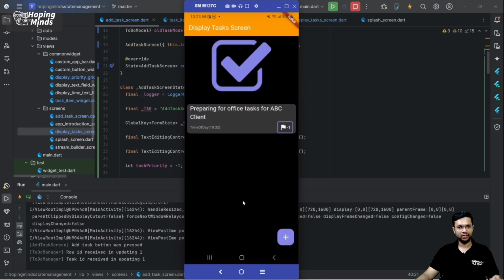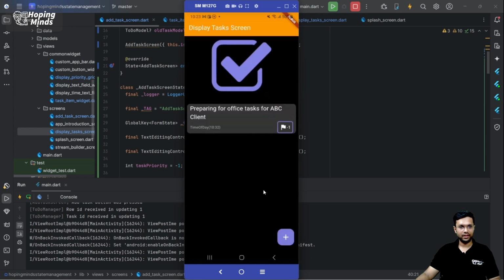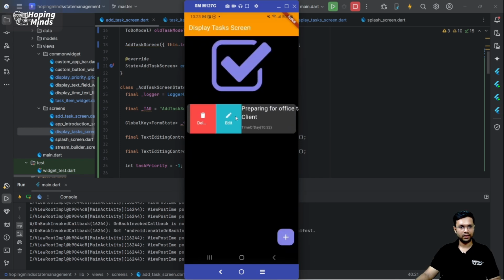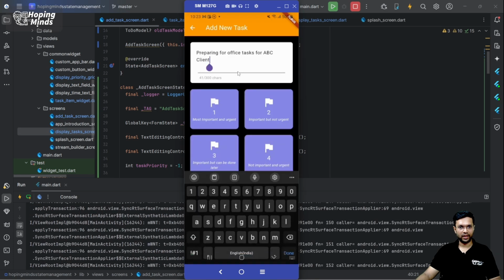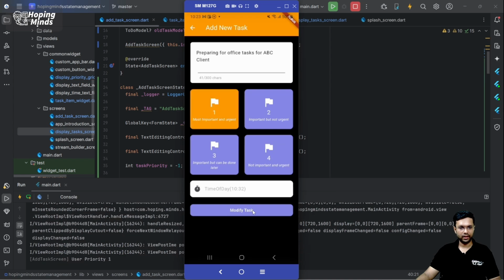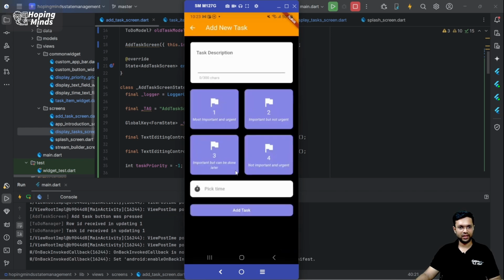Well, in this case, what do you notice? It works perfectly fine, but over here it shows -1. Well, that's because over here when we were trying to do the edit functionality, something of this sort, preparing office tasks for ABC client, I did not select the priority, and then over here now the -1 is gone. So wait, let's try adding one more,